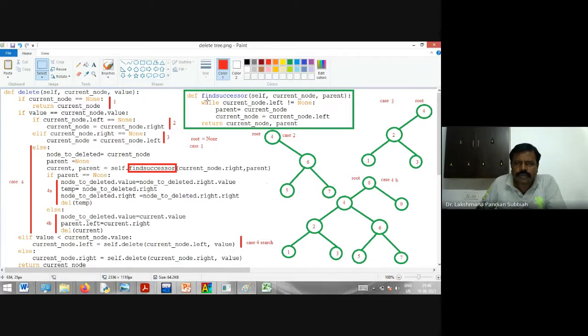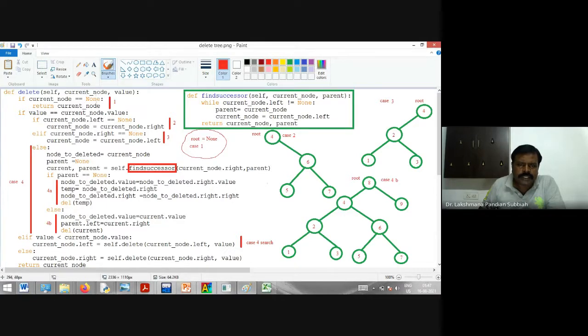Suppose the root node is null or none. The root node is none, so there is no node at all, which means the tree is empty. First you have to check whether the tree is empty.